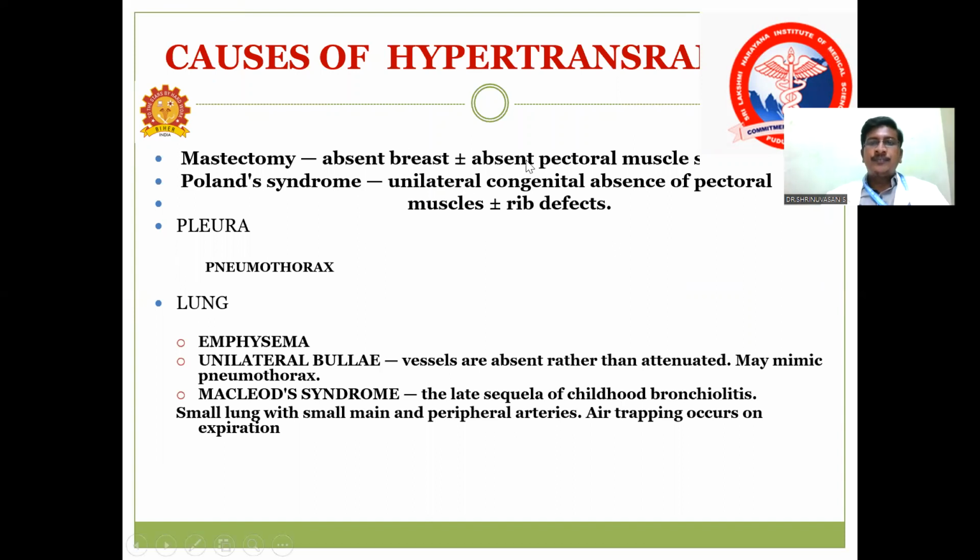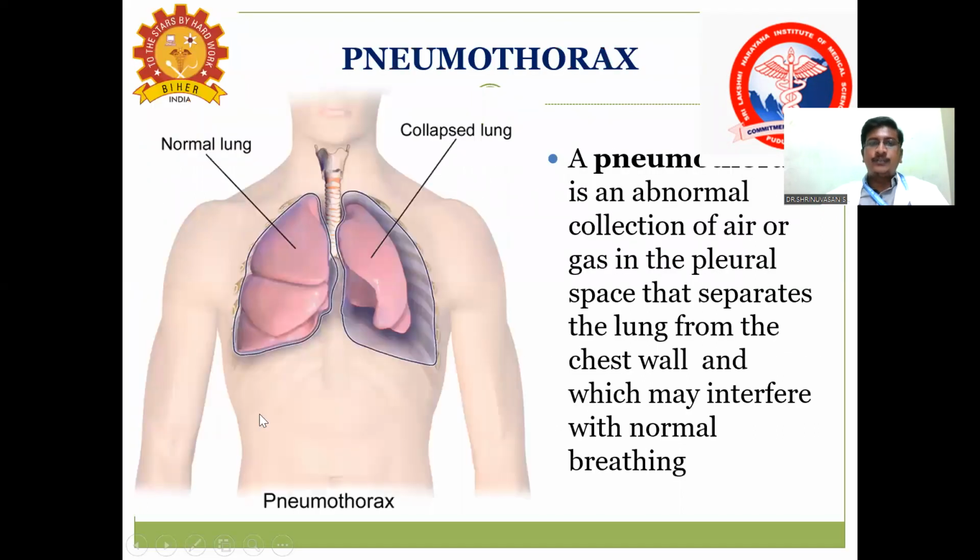What are the causes of hypertransradiency? So far we have seen the conditions which produce opacity. Now we are going to see what are the conditions that produce hypertransradiency. Hypertransradiency can be produced by pneumothorax, and by removal or absence of soft tissue structures, like absent pectoralis muscle in Poland syndrome. Then in the lungs, the common conditions are air-filled abnormalities like COPD, especially emphysema. All these conditions can produce